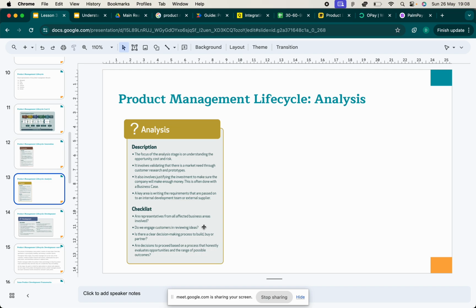Market research means designing surveys. We'll get to that in this course, where you design a survey and you sit people down, or you share it out to people, and people complete that survey. When they complete that survey, that gives you insights. They're telling you ideas on what problems they're having.